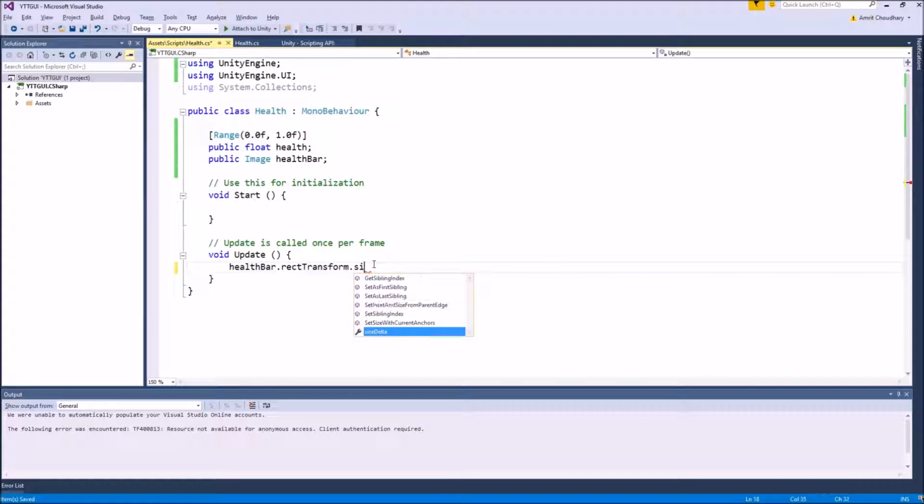So the sizeDelta, which is a Vector2 comprising of the width and height values, we know that height would be a fixed value of 100, so we only have to change the width based on the health value. So here it will be the health value multiplied by 600, which is the maximum width that the health bar can have, which also corresponds to the full health condition.